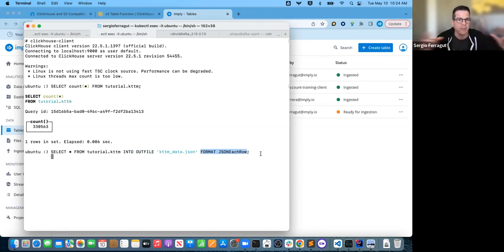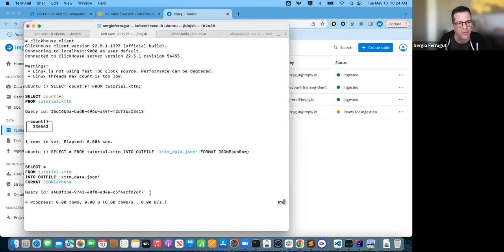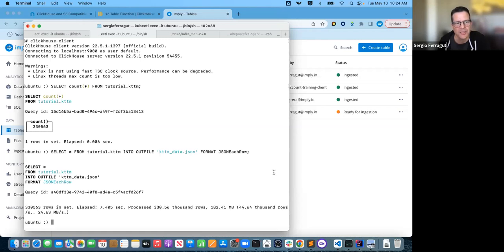This means that each row is going to be formatted into a JSON object, and you're going to have a new line after each object in the output, and that's the kind of input that we can easily ingest into Polaris. So I'll go ahead and run that. That'll generate an extract file, and I'll jump over into Polaris to show you how to ingest that.